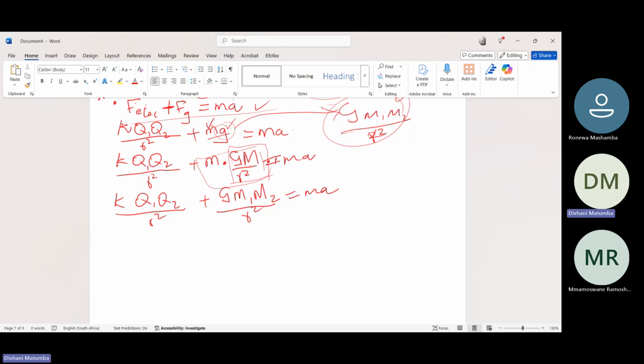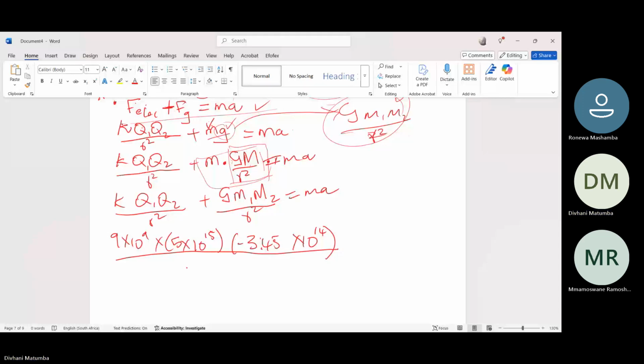From here, k will give us 9 times 10 to the power of 9 times Q1, which is 5 times 10 to the power of 15, times minus 3.45 to the power of 14, divided by